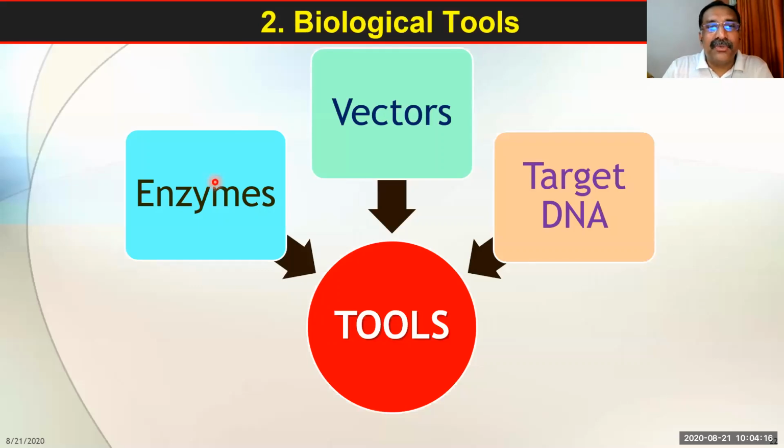Yeah, 2 and 6. 2 and 6, that is the answer I'm getting. Okay, different answers are there, but minimum you have to give 2 answers. So answer 2 and 6, that is the correct answer. Stanley Cohen and Herbert Boyer, these are the 2 scientists. They developed rDNA technology. But other people also have given some contribution somewhere.